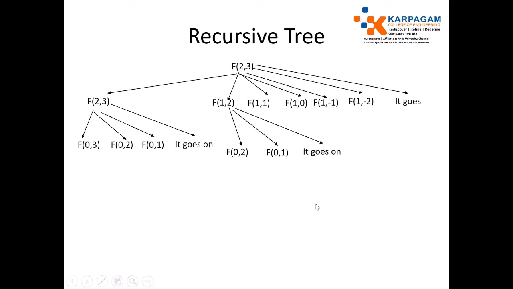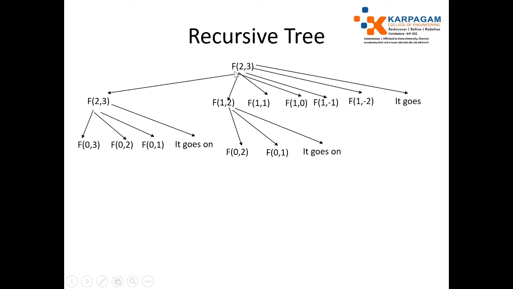Before getting into the digit dynamic programming approach, we just try a recursive tree to see whether it leads to overlapping subproblems. Why do we choose dynamic programming? If your problem contains overlapping subproblems, we can go for dynamic programming. Consider we have 2 digits and the required sum is 3.